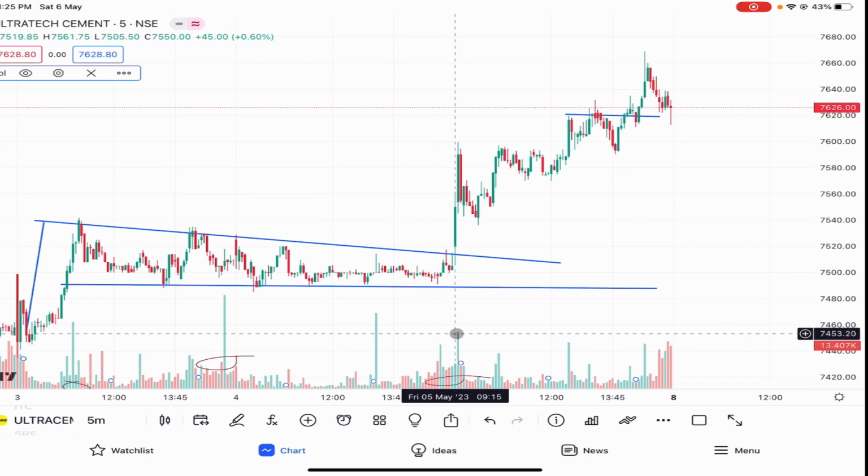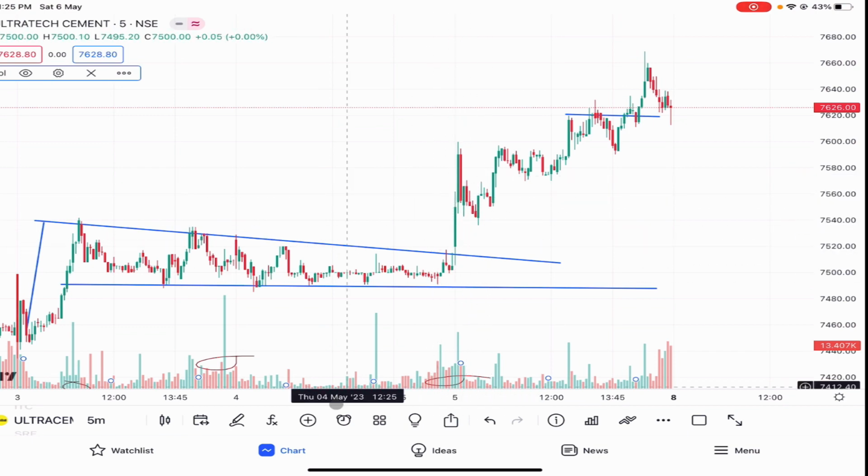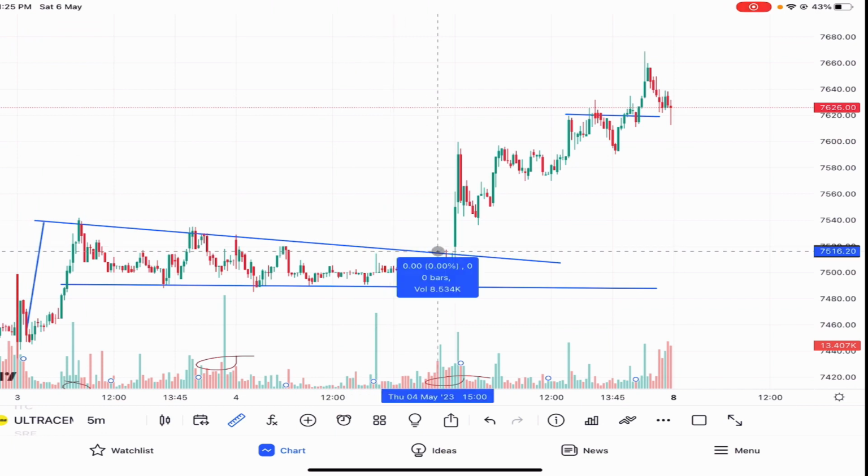So look at this. Let us just apply the breakout filters which we had discussed in this trade which I took yesterday. Now look at this. First thing is this candle closed above my breakout level. So that is my close filter, which is satisfied. Now let's see my percentage filter. Now if you look at this from the breakout level,